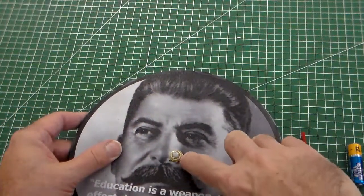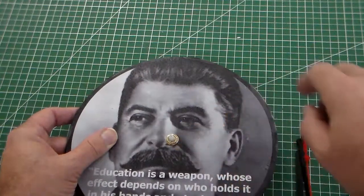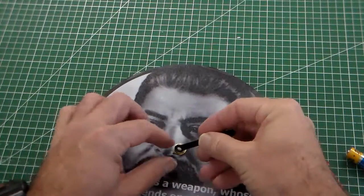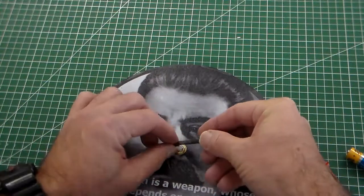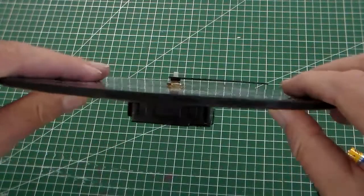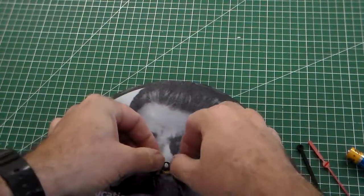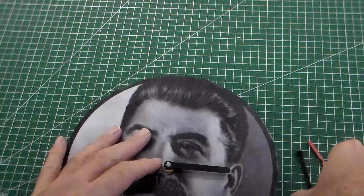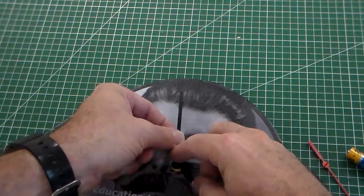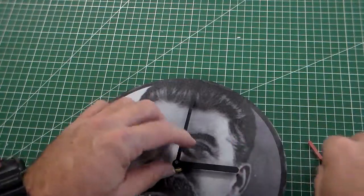So we've got the clock mechanism, the flat washer, the small thin nut, then we've got the three hands for the clock. So obviously the hand we put on first is there. These hands can fit on two ways with a spacing. Obviously if you've got any raised components on your clock, you need to make sure that they are in the correct place also. We fit the hands onto our clock like that, and then we